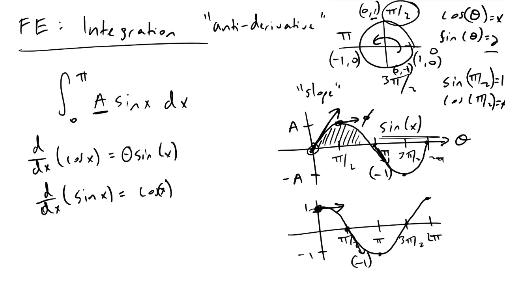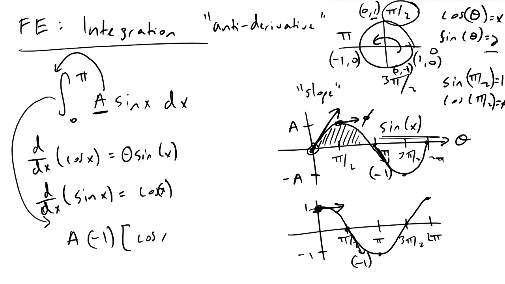Anyway, moving on and actually taking this integral, what we would find is that the integral, because a is a constant, we can pull it out of our integral, but the integral of sine of x is really equal to minus cosine of x. So this term here is going to be equal to a, and I'm going to pull out the minus 1, the minus 1 times the cosine of x. And now we're going to have quantity cosine of x evaluated from 0 to pi. And so what this tells us is that we have minus a